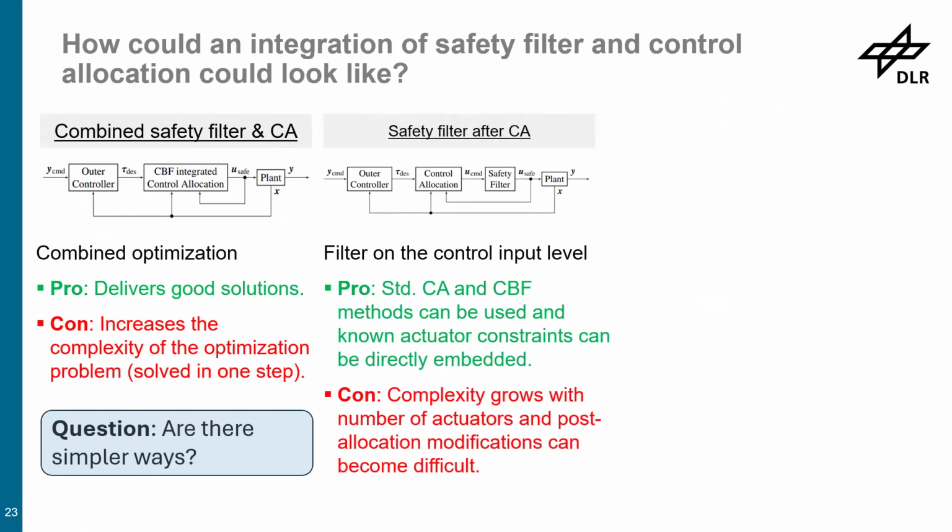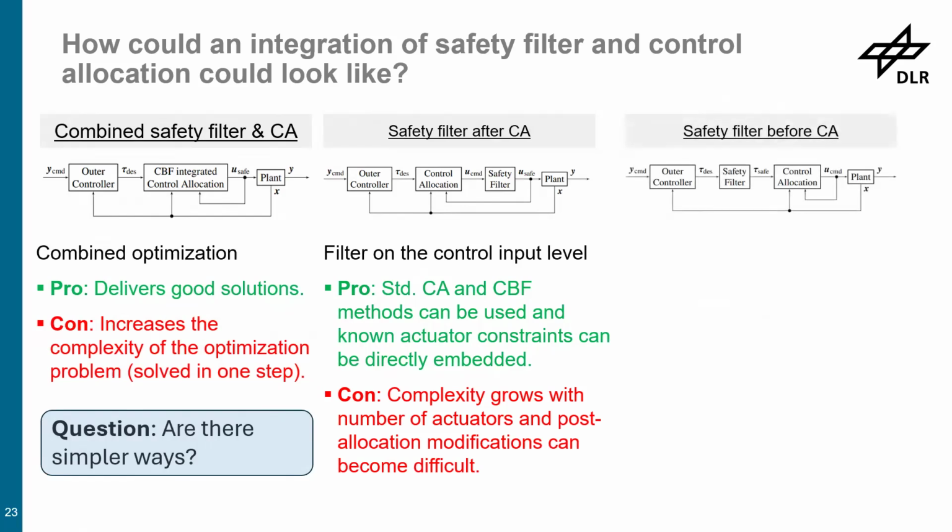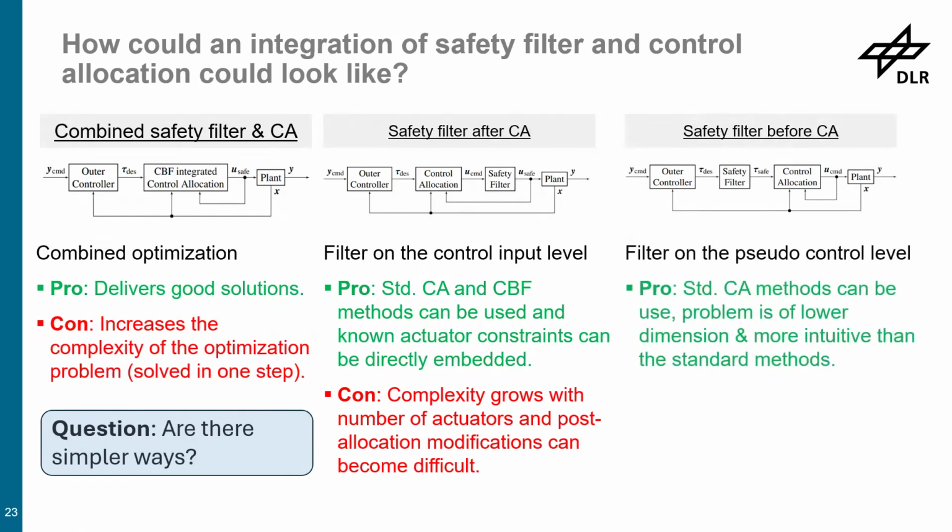that if you're over-actuated and you potentially have a large vector of control inputs, you will have the problem of considering this large input vector in your safety problem, right? And if you also have multiple safety constraints, the problem becomes quite difficult to solve. Also, sometimes you would need to let go of or weight some inputs or actuators in a certain way, and it's getting difficult on this level, right? And therefore we looked into doing it on the pseudo control level, right?